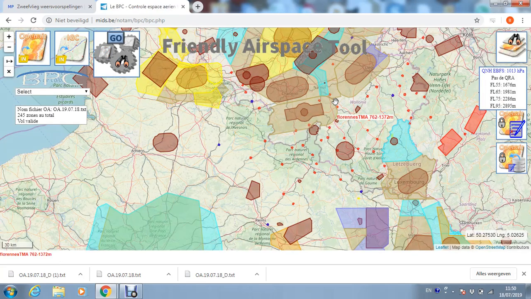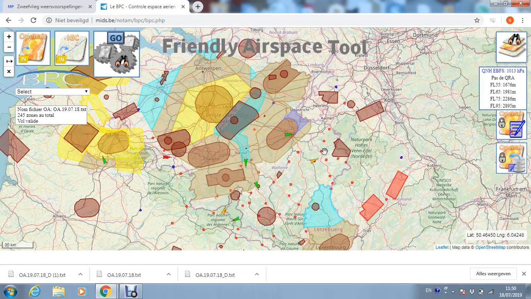And now you can see, when I exclude the danger zones, that Belgium is a lot more flyable, but you need to be aware that you might encounter F-16s, that you might encounter helicopters who are training and so on. So keep your eyes and ears open, because they have difficulties avoiding us. Stay away from our craft, please. Thank you. And the main thing that you can still see on my map is that